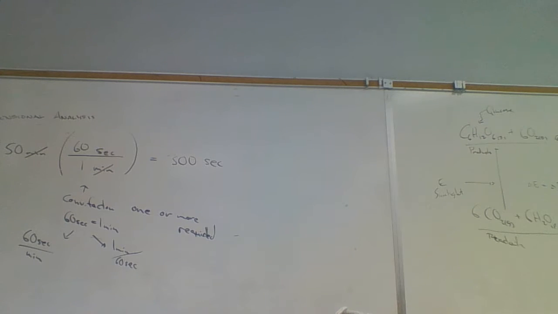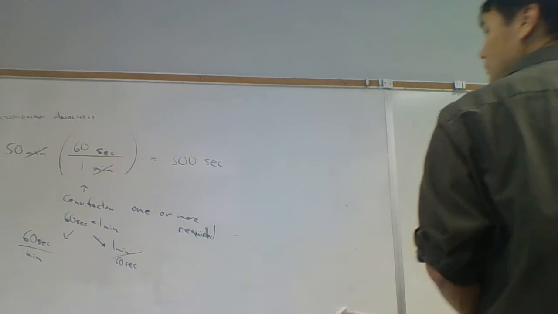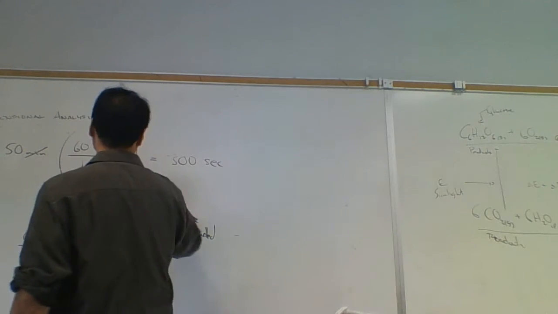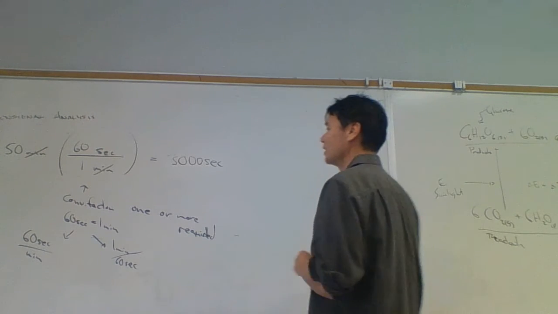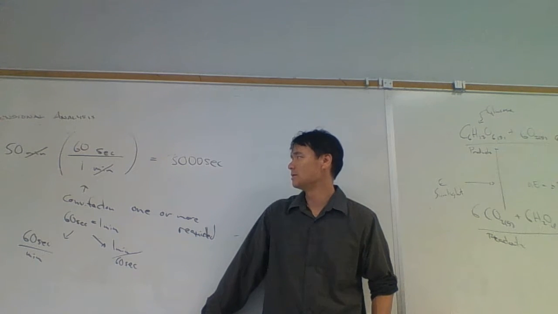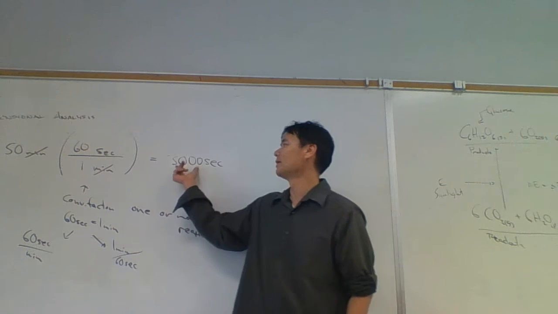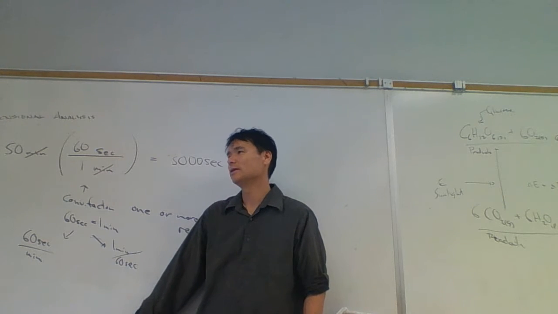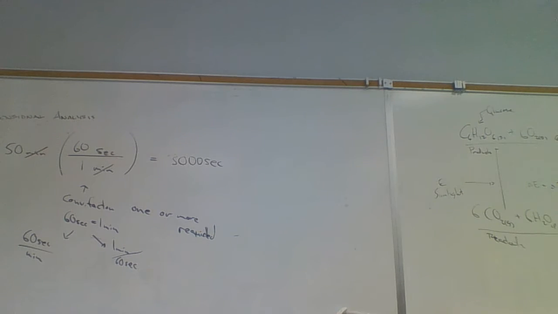And so here, you could see, isn't it 3,000 seconds? Oh, 3,000? 3,000 seconds. I got to double check the answer to make sure it's reasonable, because 60 seconds is 1 minute, so 300 seconds would be what? 180 would be 3 minutes, so 300 would be 5 minutes. And so 50 minutes would be a lot bigger. That's the next step we're going to do. We're going to check our answer.